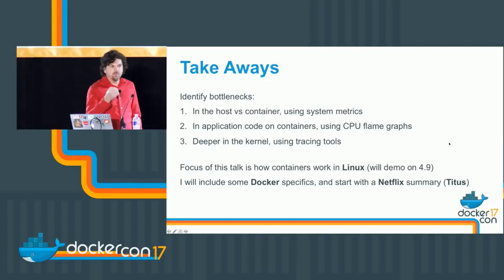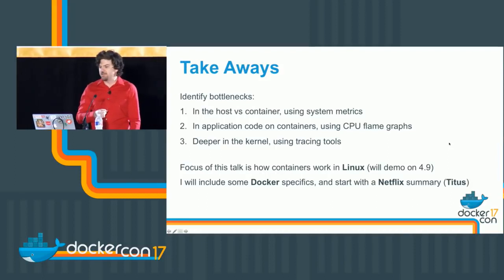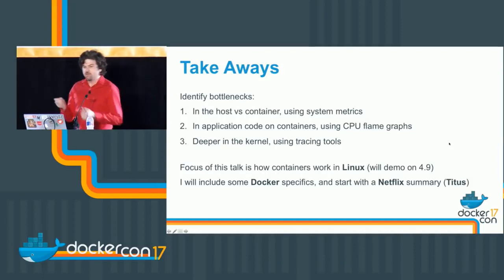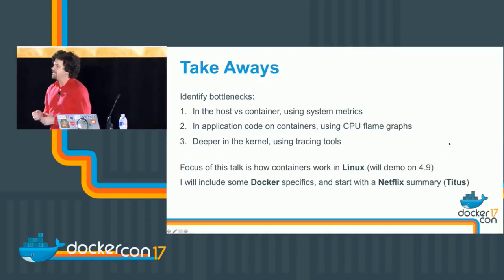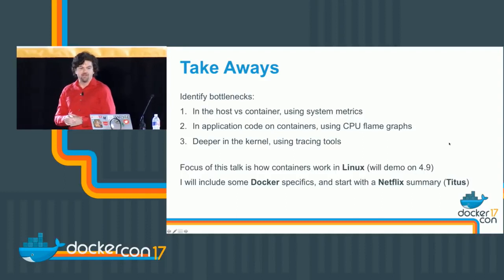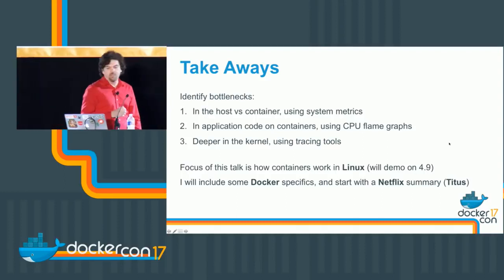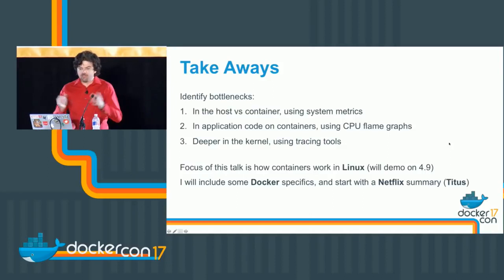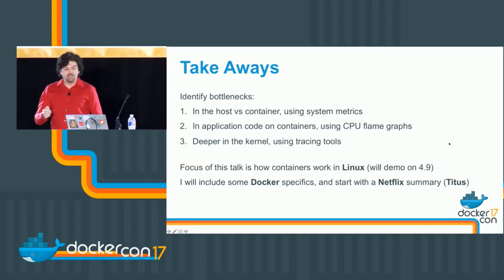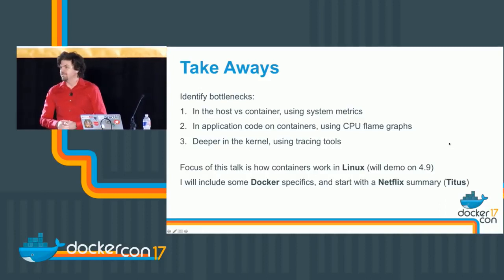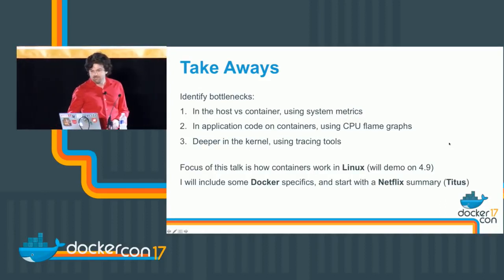I'm going to show you how to identify bottlenecks in a container environment, whether it's in the host or container, using system metrics, using flame graphs to understand application code in a container environment, and deeper in the kernel using tracing tools. I'm going to focus on how this works on Linux using 4.9, a recent version of Linux. I'll include some Docker specifics, and I'll start with a summary of how we do this at Netflix, which is